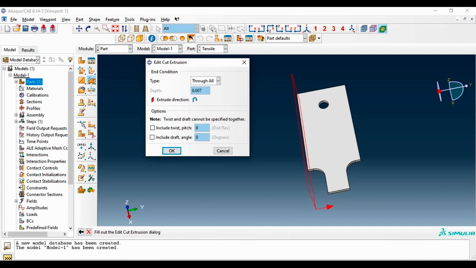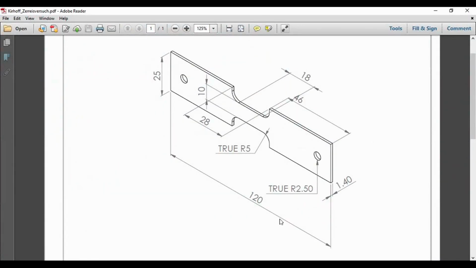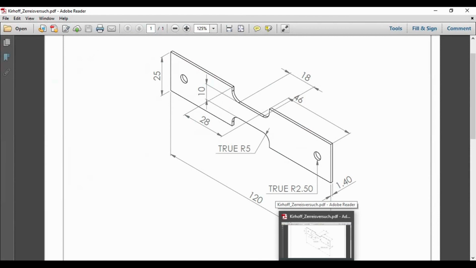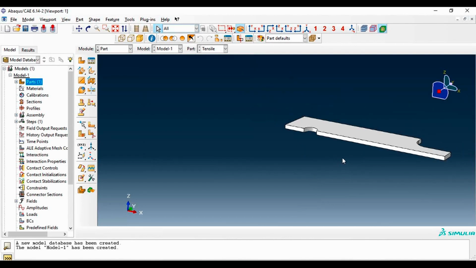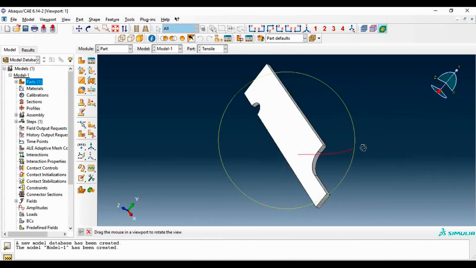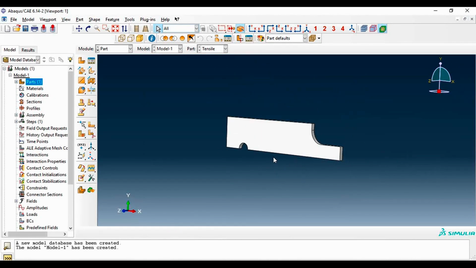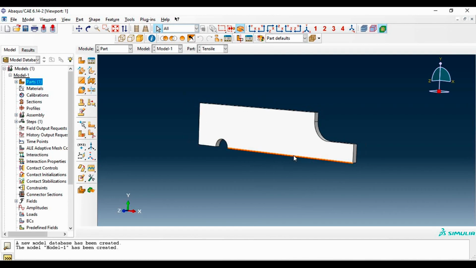So how much? I'm going to see it again. 25 means 12.5. 100. Blend again. 125. And then by choosing this one, by entering this dimension and clicking OK, you can see it's already the half of the pure sample. So this is what we are going to simulate